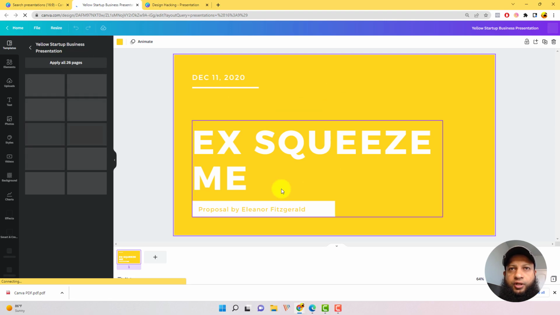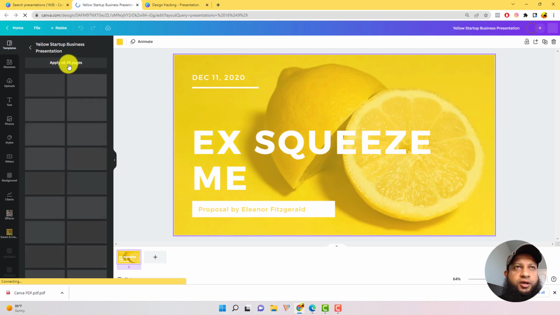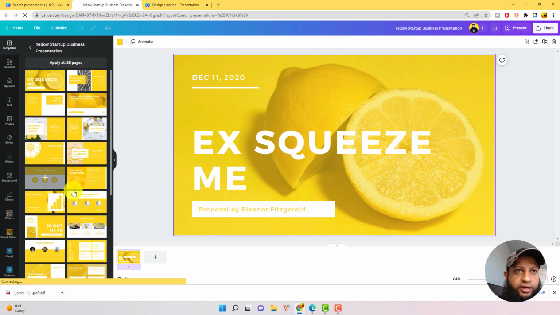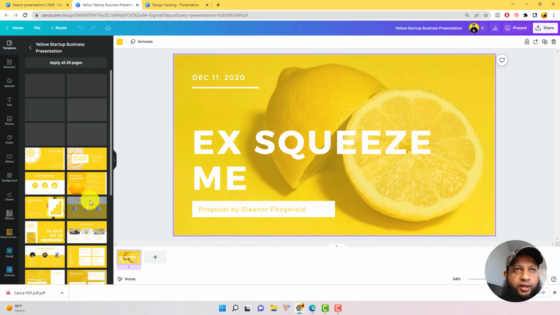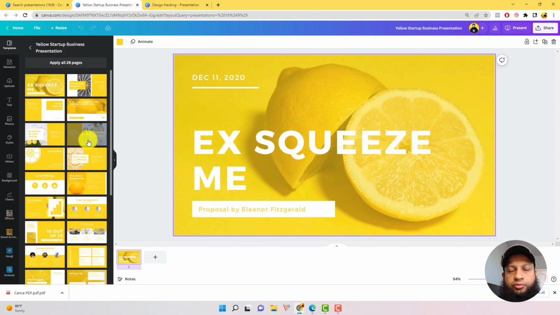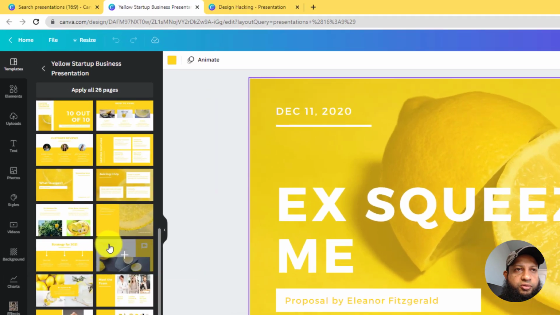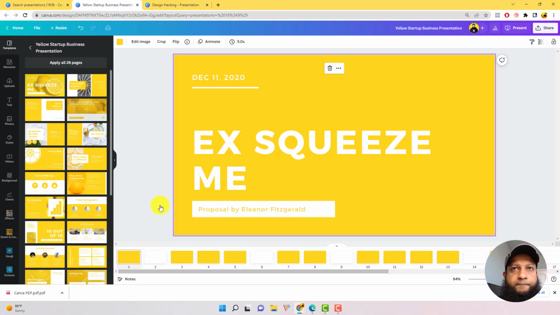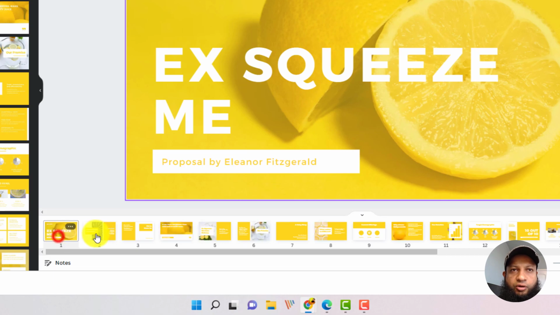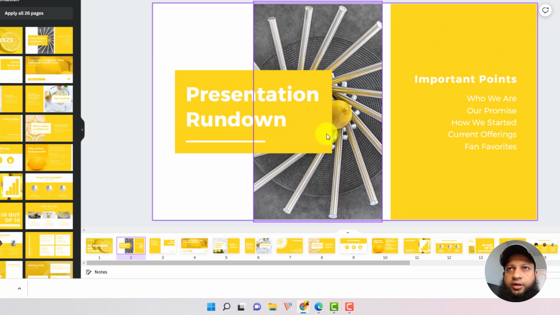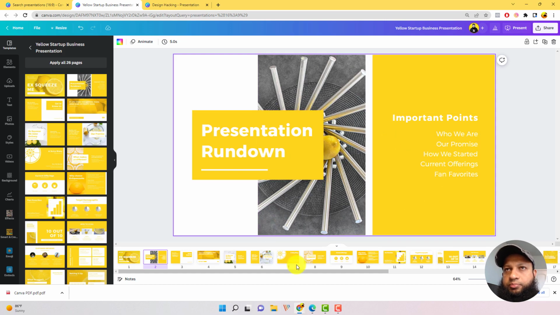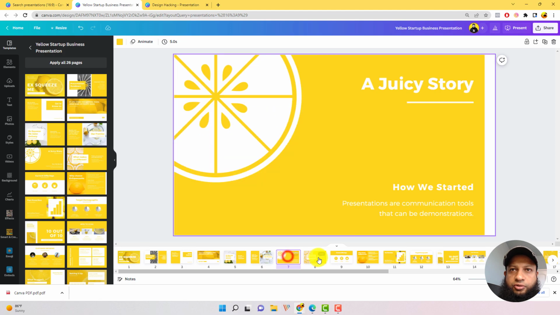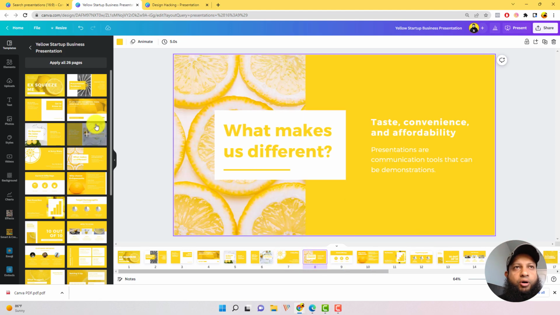All right, so it's right here, and I just changed a few things. There are 26 pages, as you can see, right? You can apply all of them and then start creating, like you can start updating the information based on whatever you want, or you can just use one of them. So let's say if you want to just apply all 26 pages, you'll see right here, all these are populated for you. So you can go one by one, and then from there you can select a different one and put different information as you can see. So this will be perfect slides for lemonade, I guess, or maybe benefits of eating lemon, something like that, right? And then